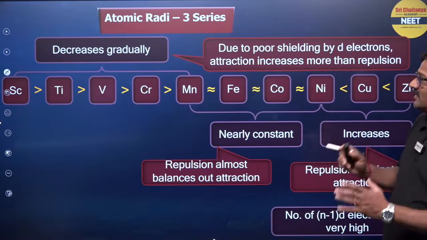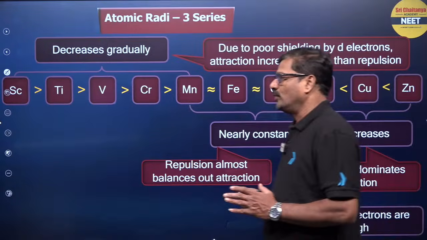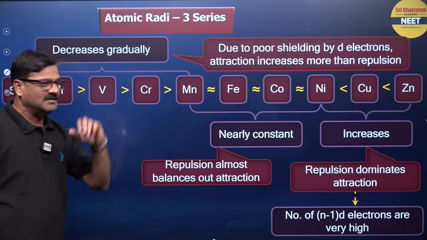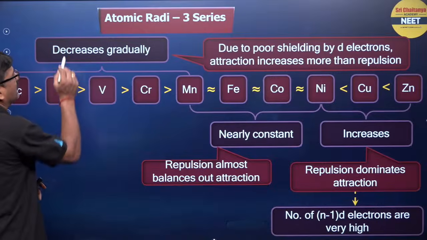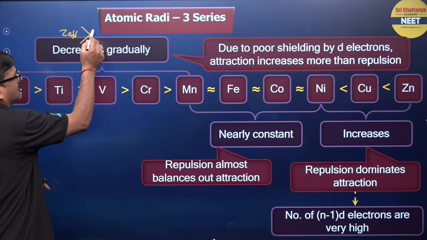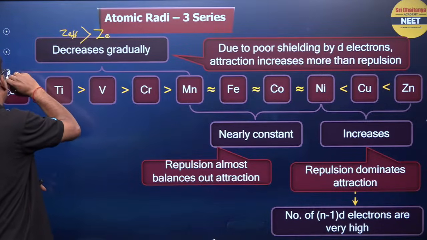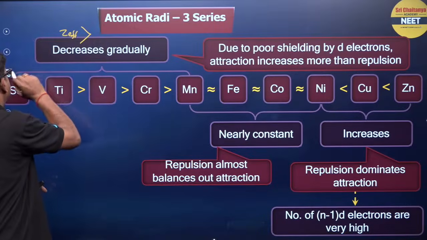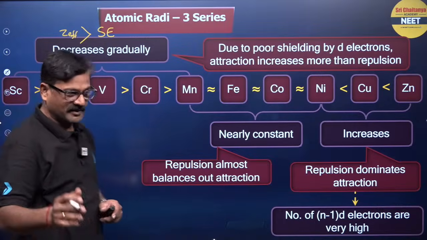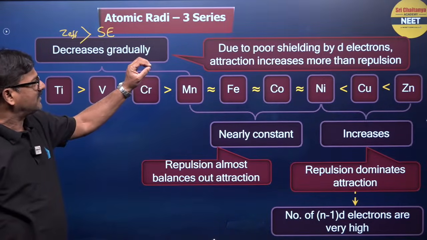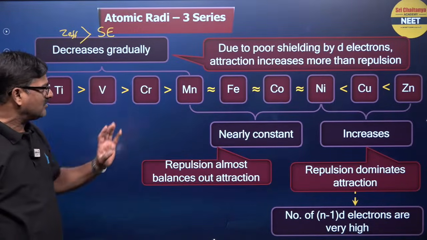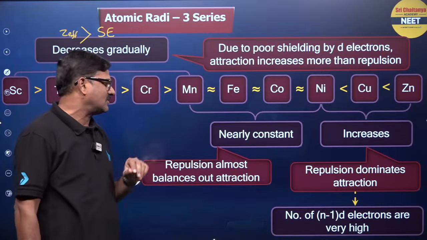The atomic radii decrease in the 3d series across the period: scandium, titanium, vanadium, chromium, manganese. Because from here to here, effective nuclear charge overcomes the screening effect. Due to the poor shielding effect by the d electrons, attraction increases more than repulsion. But for manganese, iron, cobalt, nickel